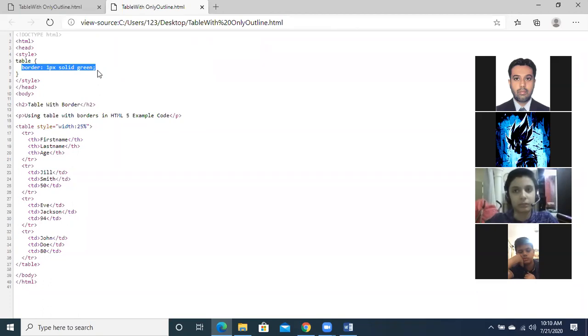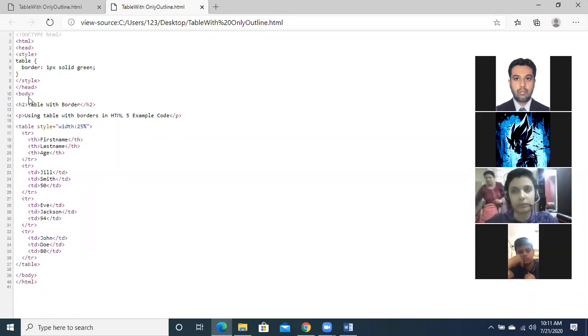Number one thing. And another thing that I have changed over here is that I have mentioned one heading, table with border. As you know, headings can be applied as H1 and H2.